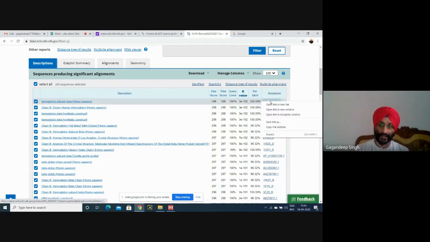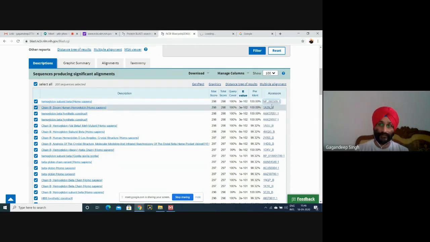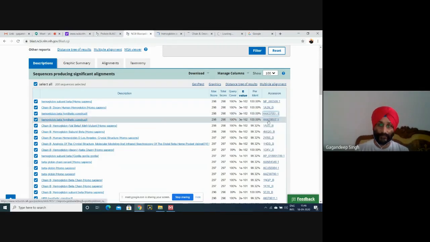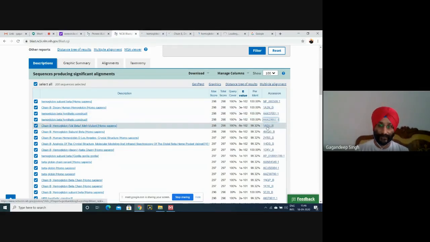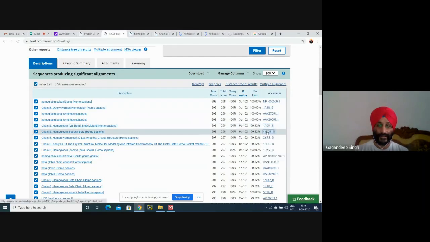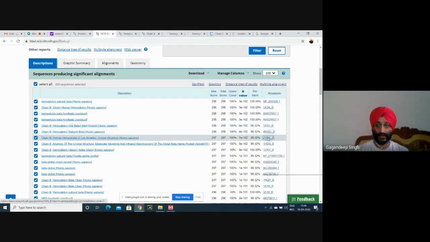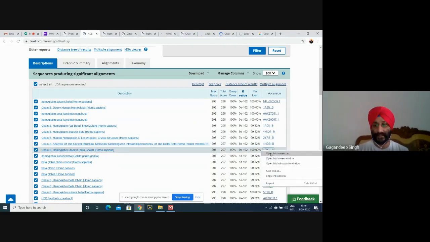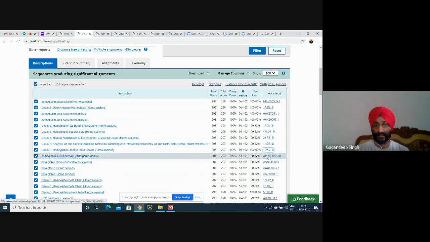First sequence, accession, open in new tab. Then again chain B, open in new tab. 3, open in new tab. 4th, 5th, 6th, open in new tab. Then 7th, open in new tab. 8, 9, and 10. Okay.